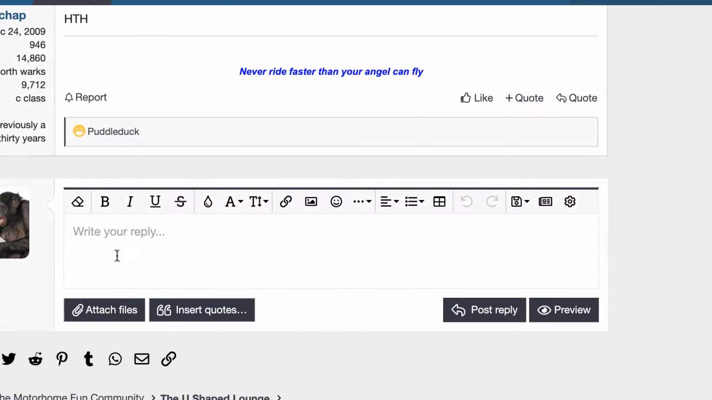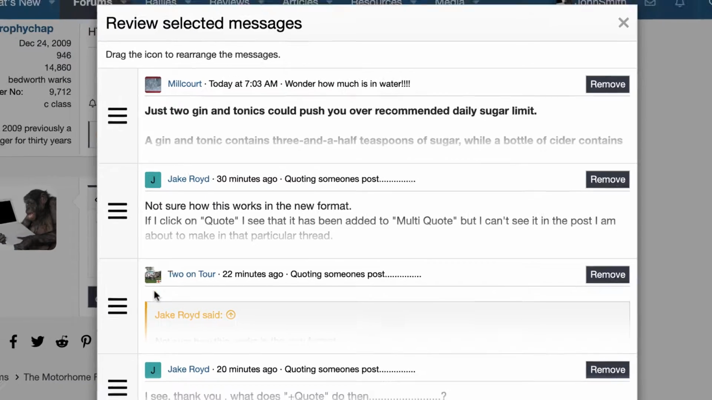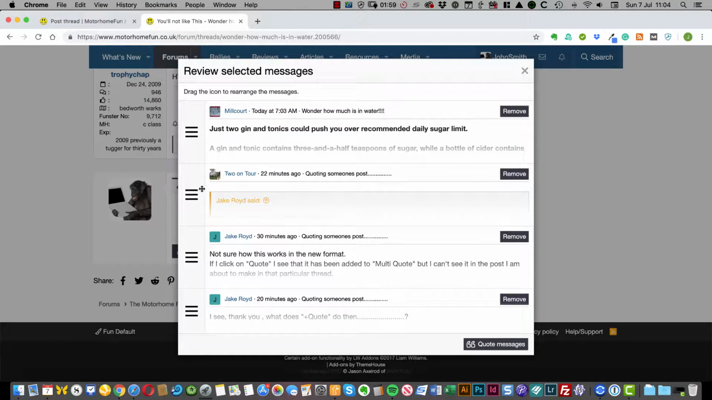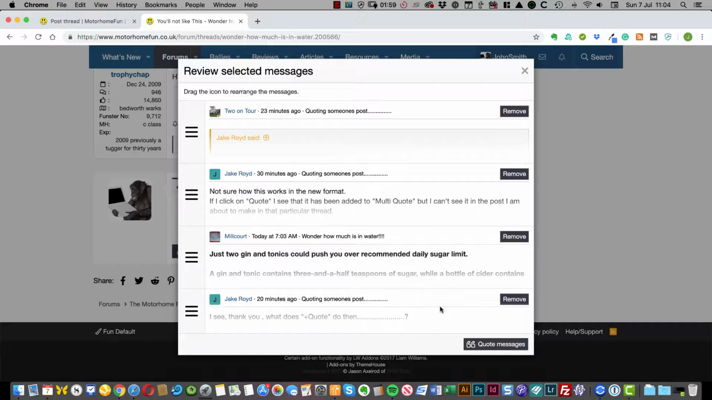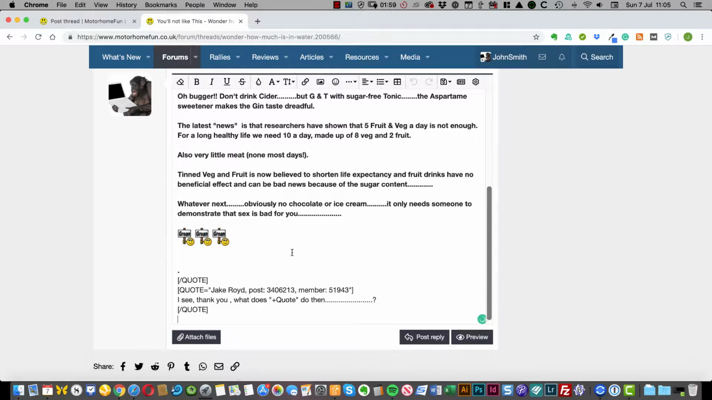Down the bottom here now, because we've got multi-quotes, we've got a new button called insert quotes, and if you click on this, there are all the quotes that you've collected. You can change the order you want them to appear in by dragging and dropping. You can remove them if you don't want them. When you're happy with the order they're in and what they are, you can click quote messages, and that posts them